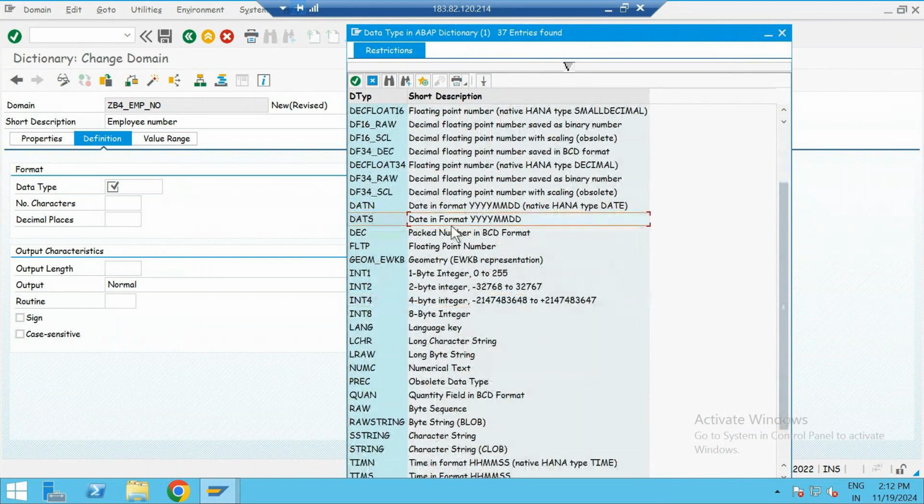This is the default date format: year, month, date. DATS. Then DEC. Decimal is used to declare a decimal value like 1.234, 10.56. If you want to declare a decimal value, then use this decimal. Done. Floating point number is also similar to decimal, but with a floating point number you will get an exponential value. If you know what an exponential value is,